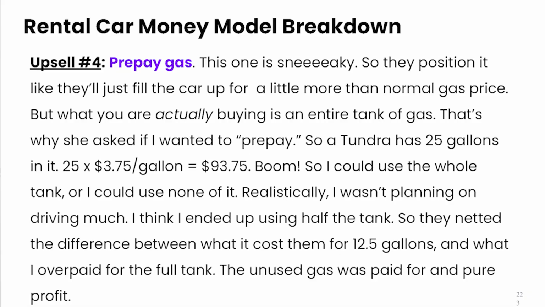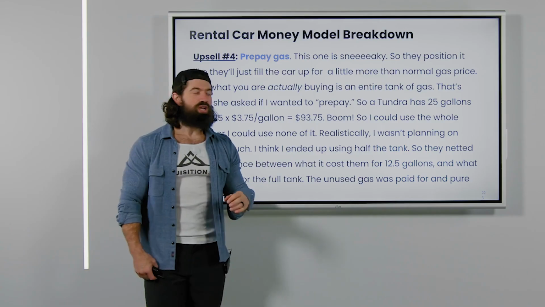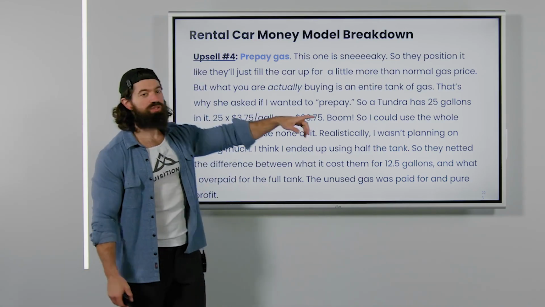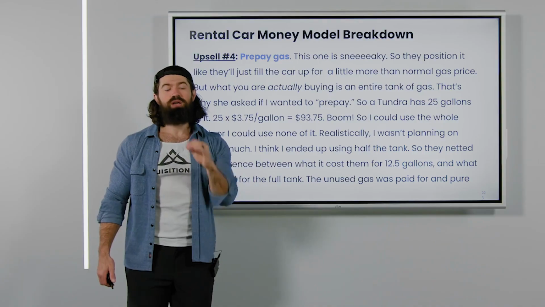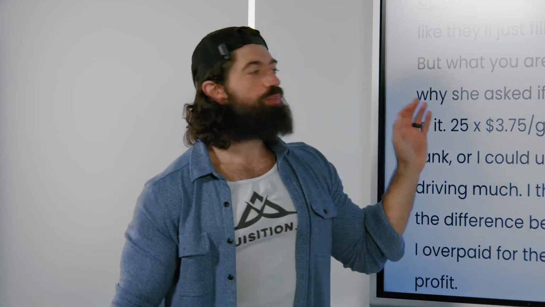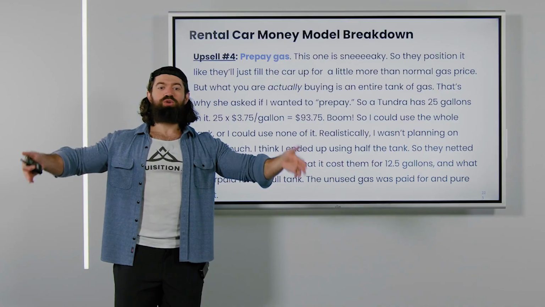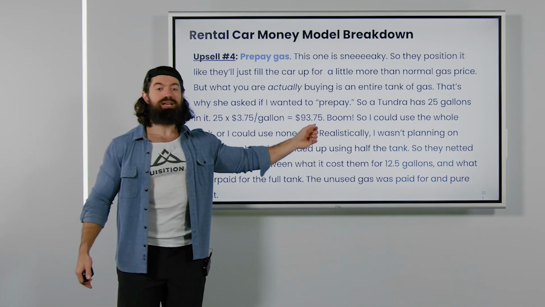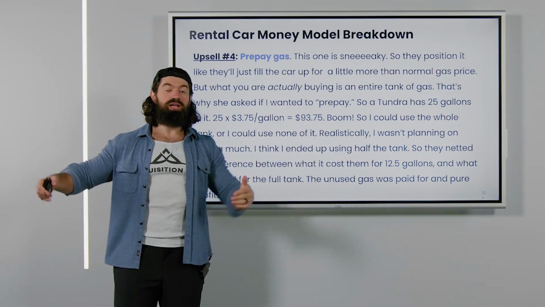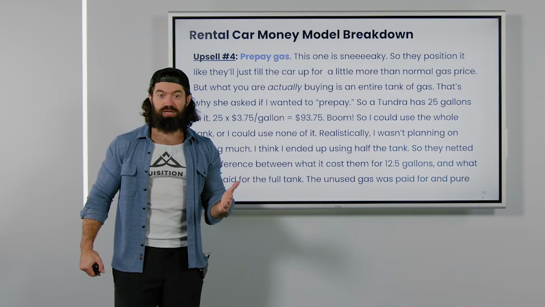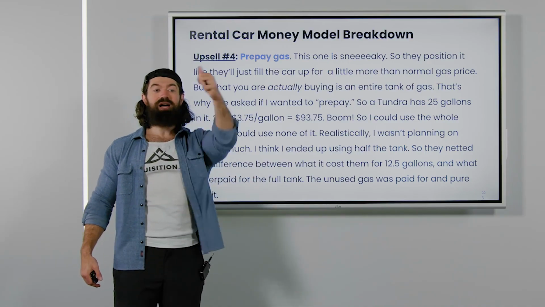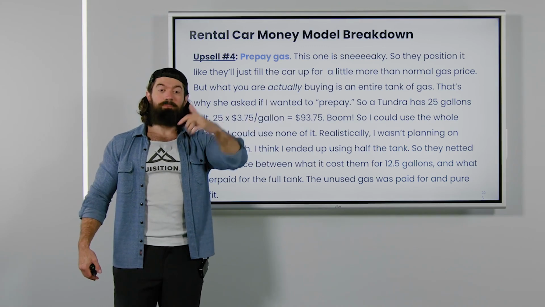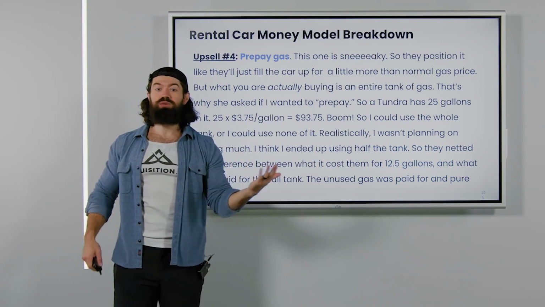All right, so the next one is prepaid gas. Now, this one was sneaky in the way it's positioned. To be very clear, you want to make sure the customer understands things. This one particularly was one where I did the math and I thought, okay, 25 cents extra per gallon, that's a fine deal. The way it actually works, by the way, is you prepay the whole tank. So you buy a full tank, and I think the Tundra had like 25 gallons in it. So I actually ended up paying $93 for a tank of gas up front. Basically whatever I don't use is profit for them. And so if I use half a tank, not only did I pay 25 cents more per gallon, but the half tank I didn't use is just extra profit for them.